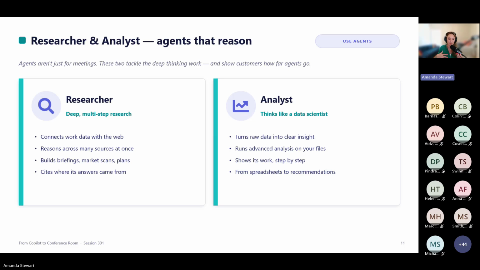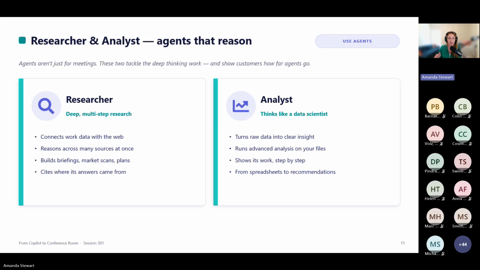Because pulling a pivot table and summing cells A1 through A10, that's easy. We can do that on our own. The agent is sending you summaries of next steps. It's giving you verbiage, right? A plan, not just numbers. So for our audience today, that is gold. So imagine it handling your monthly reporting. And you can ask, hey, where's the white space? Where's the opportunity here that I'm missing when I'm just looking at this spreadsheet of information?